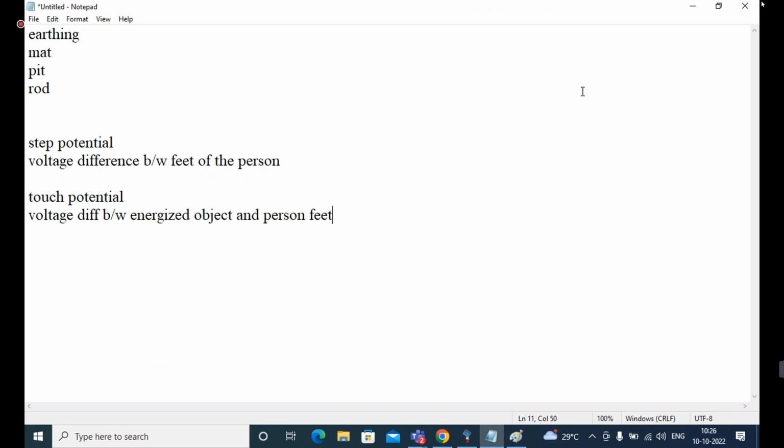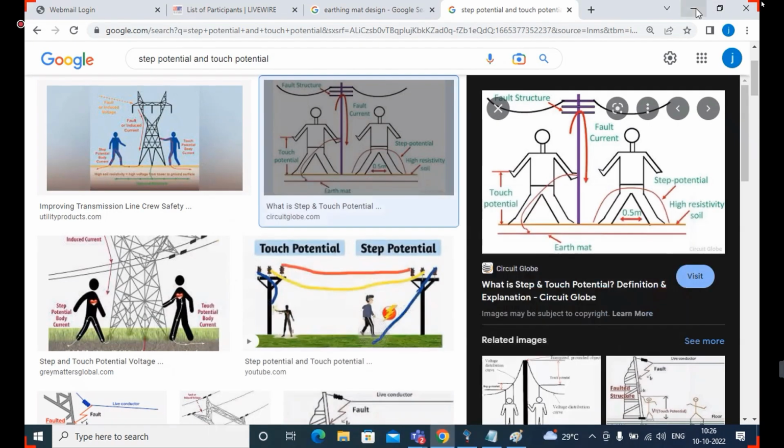For example, I will show the same design. Okay, same image. Can you see here? This is the touch voltage. Just see here, if a person without safety elements, that is personal protective equipment, touches that energized element, which is a transmission tower, while a fault current occurs, at that time they feel a shock.